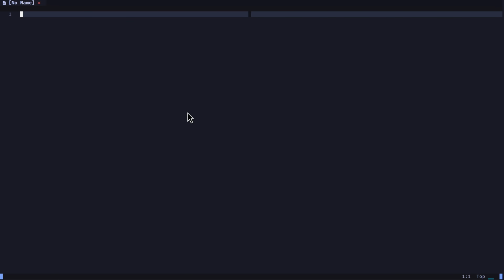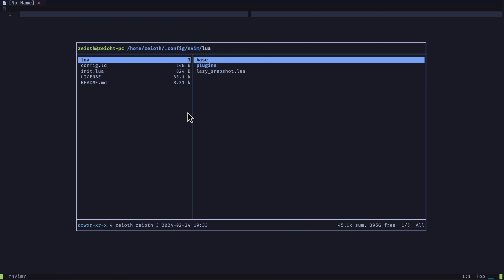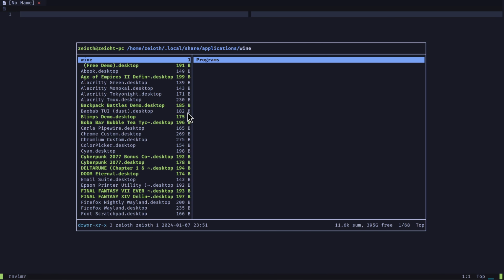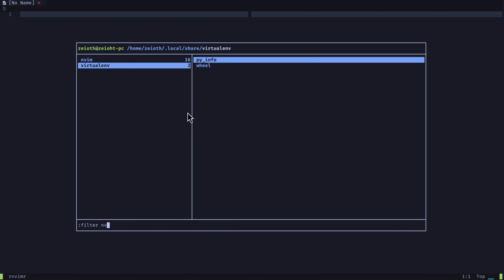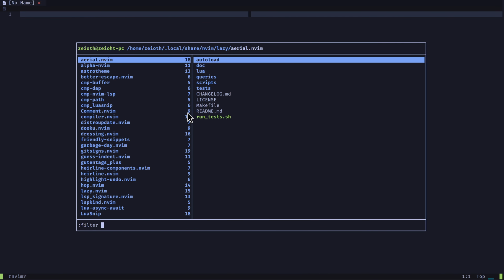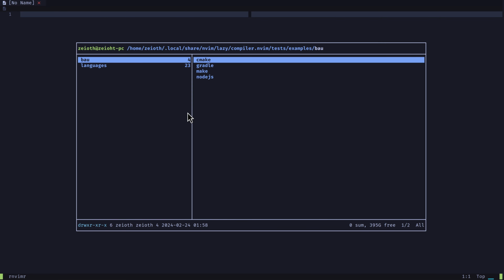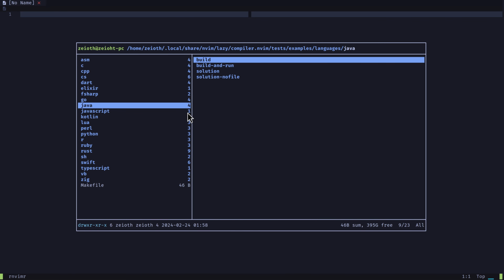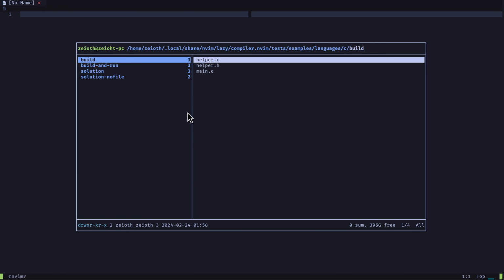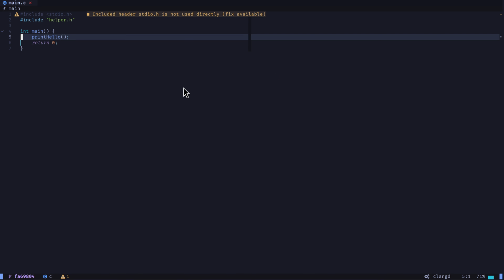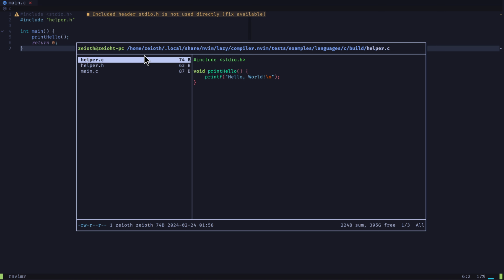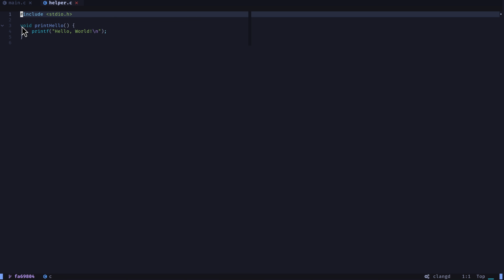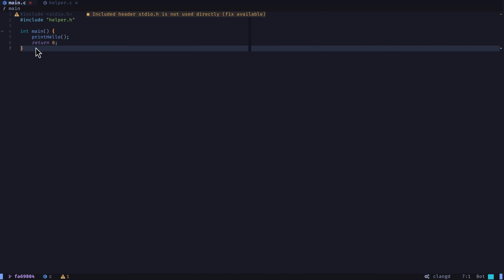Then what do we do with this? Let's open a file. The default file explorer we use is Ranger, and you can see it here. It's very powerful. So let's look for some piece of code. I'm going to open, for example, I don't know, what can I open? A C project, for example. This project is just two files. You have a print hello function,